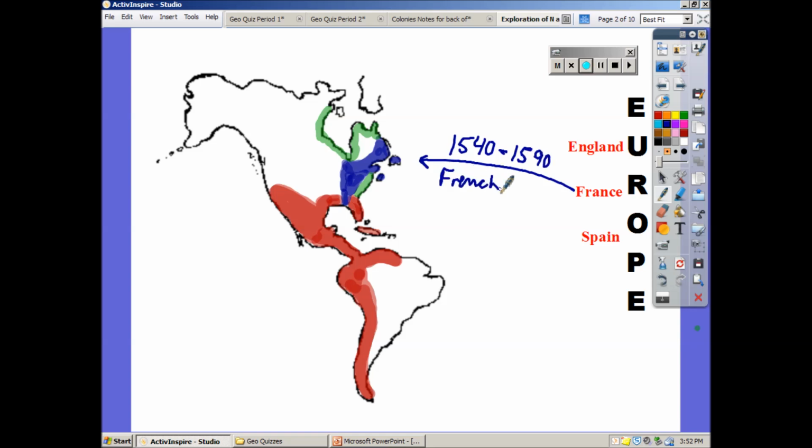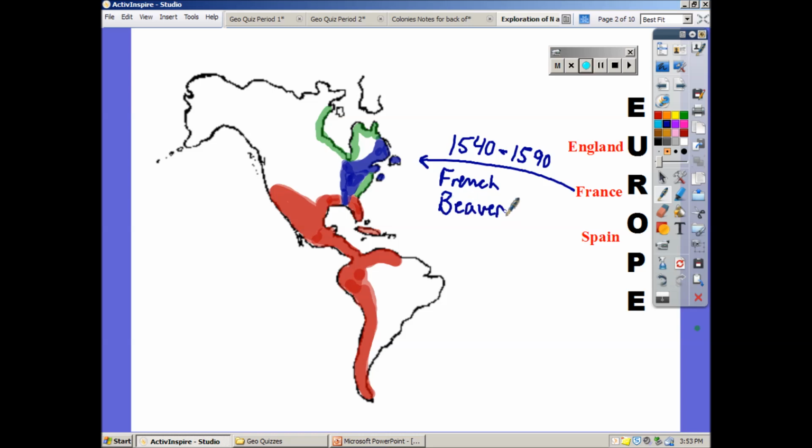And the French are going to focus on something very different. When they discover there's no gold and there's no way around this massive land, what they decide to do is focus on what they know, and that is fashion. The French are all about fashion and food, but at the time, this part of the New World is just filled with little furry creatures, the beaver.